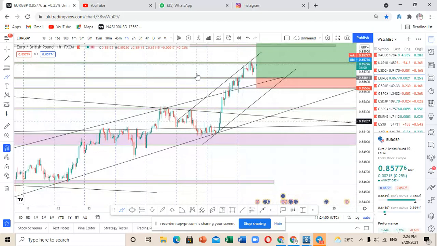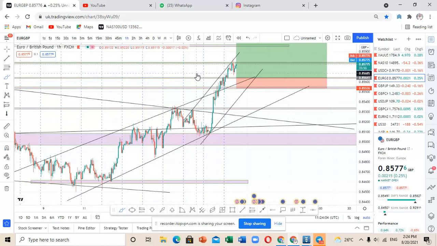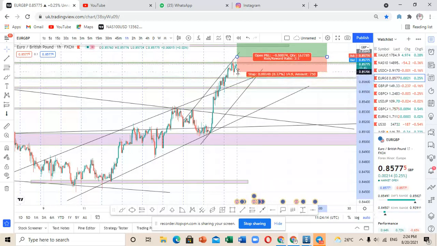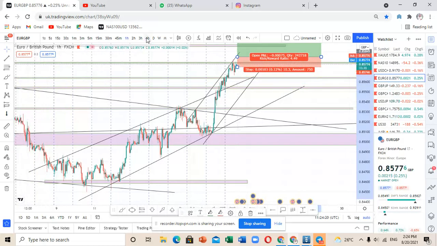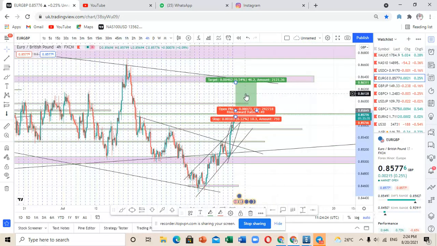So let me zoom out so that I can explain to you what I'm going to do. So if the markets don't come back for a retest and they just get into that breakout, that is the plan that I will have, where I'll be risking only 100 pips. So in this plan, or in this long position that I've placed, you can see that I'll be gaining a total of 462 pips, which is also good.